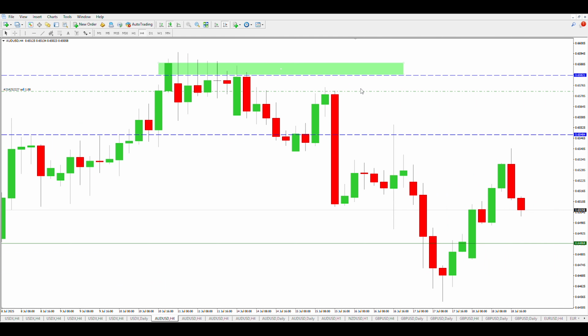That was a very clean entry. Very clean entry. And then, again, you see here, this is where this wipeout happened. The president of the USA, Trump, was pushing for Powell to resign. Some of the news that happened. And buyers took profit again at this lower time frame demand zone,